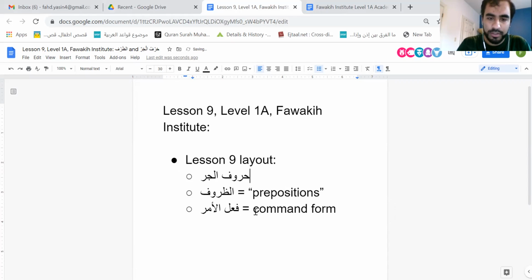I say prepositions in quotation marks because it's not really the best translation. You guys have probably heard this from your teachers as well. What we consider prepositions in English isn't always that in Arabic. There are 2 different distinctions which we'll go into today, and I'm sure your teachers went into it, as to what a preposition could be in Arabic, where in English, it's all just prepositions. So keep that in mind.